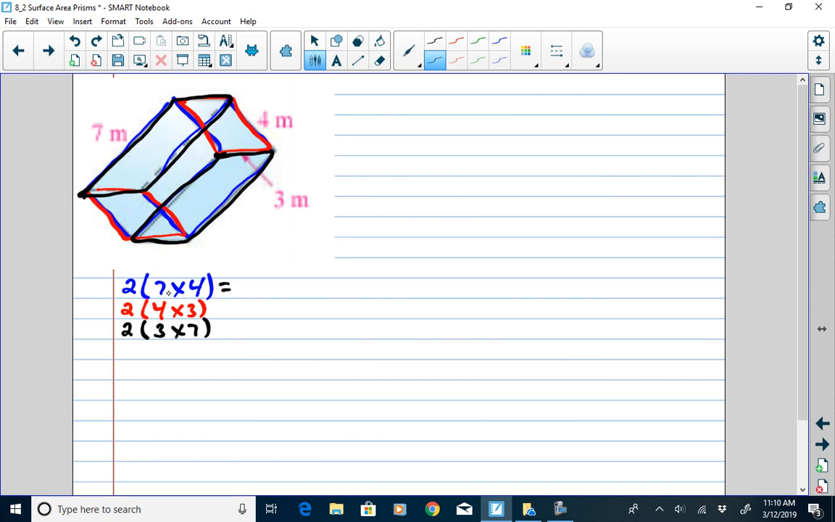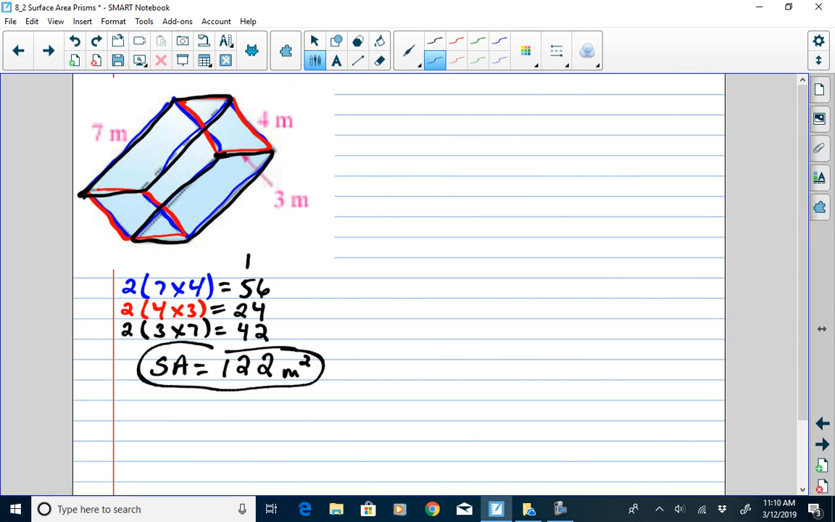So that's what? 7 times 4 is 28, times 2 is 56. 4 times 3 is 12, times 2 is 24. 3 times 7 is 21, times 2 is 42. Surface area is the total of those areas. 6 and 4 is 10, and 2 is 12. Carry the 1. 6 and 2 is 8. 4 is 12. So it looks like 122 square meters